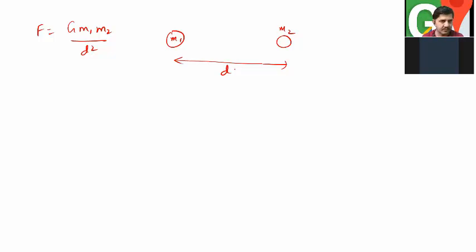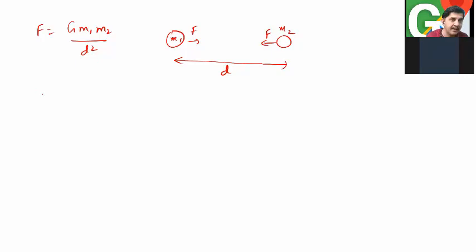The force will be equal, right? The force would be equal. You mean to say the same force acts on M2 as well as on M1? Yes, sir. Magnitude wise, the same force will act on both the objects. So this is what we get here.